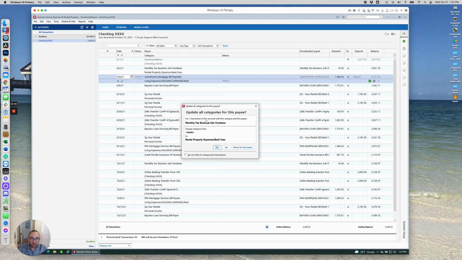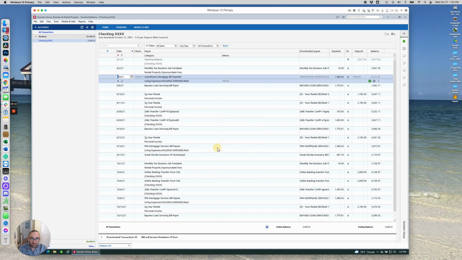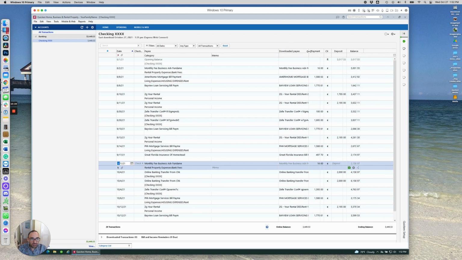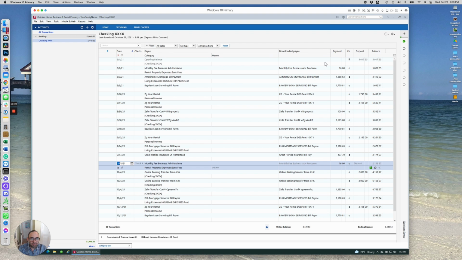It says for one transaction in this account with this category and payee, the monthly blah blah blah, you're changing it from none to bank fees. Do you want to update all categories with this for this payee? You're going to say yes. And then you're going to see here, now here's the next one that came through, and it categorizes. So this starts to make pretty quick work of this process. Now, something to note here, the